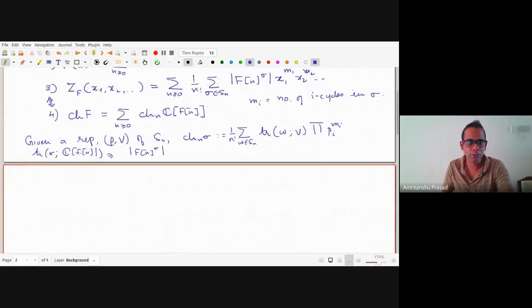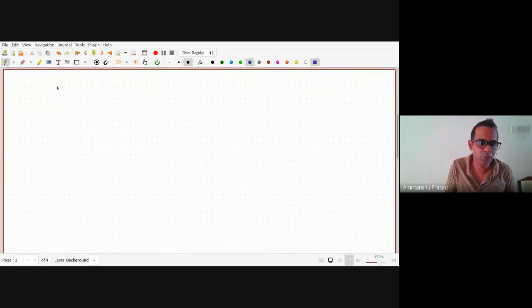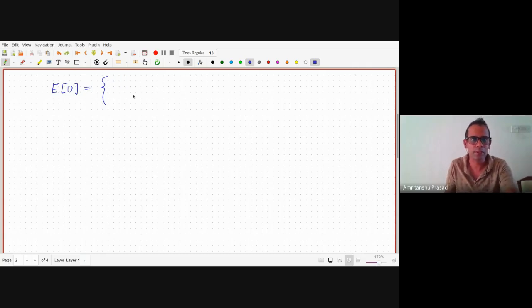So let's just recall subspecies. We have a very important species which is called the species E, and the E stands for ensemble. It just takes a set U to the singleton {U} as a set. So basically, you're saying there's no structure. And the generating functions for this, I don't think I calculated them last time. Let's just compute Z_E.